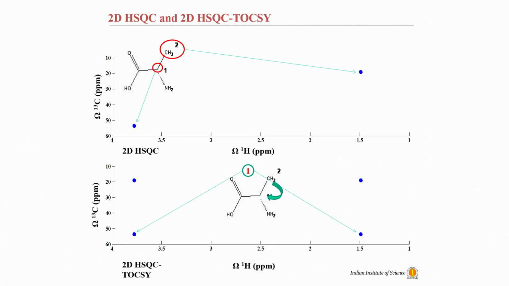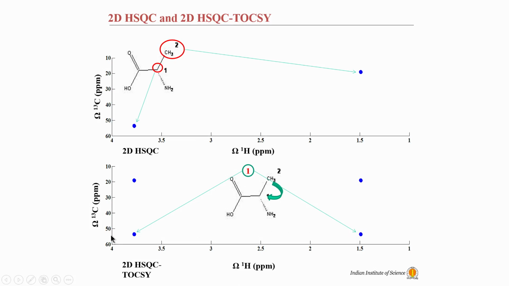This is something which we saw in the previous slide as well. Now, if you look at this particular case, in HSQC-TOCSY I am now able to get additional peaks, and these additional peaks are because of this interaction. So, this peak H beta is correlated all the way to H alpha, and that is the TOCSY pattern, this H alpha and H beta. Similarly, this H beta and H alpha, they are connected to each other, and that is a TOCSY.